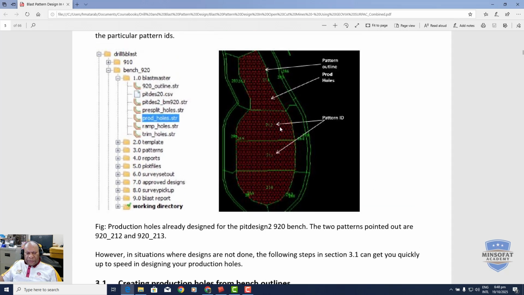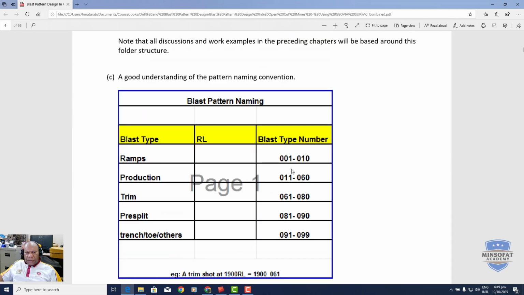So the figure here shows the production holes already designed for pit design 2, which is the name of the pit, and the bench 920. The two patterns pointed out are 920-212 and 920-213. Okay, according to the naming convention,